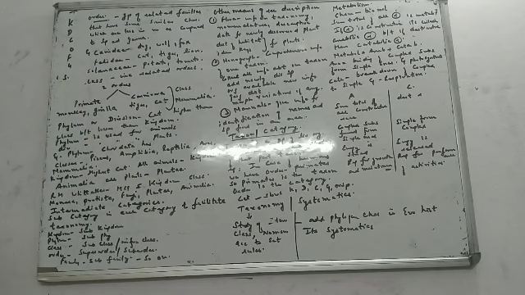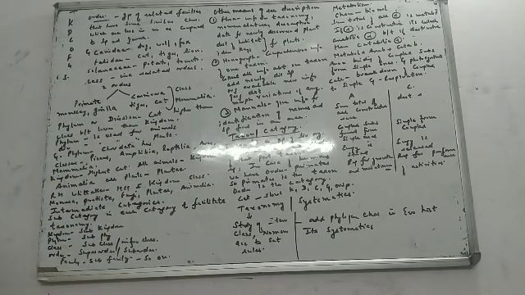Moving on to the catabolic reactions. What happens in catabolic reactions? Some complex substance is broken down into simple substances. I think respiration is the best example if you can remember. The best way to remember: for anabolic reactions, the example is photosynthesis. For catabolic reactions, the example is respiration.